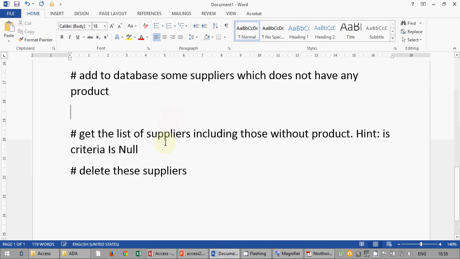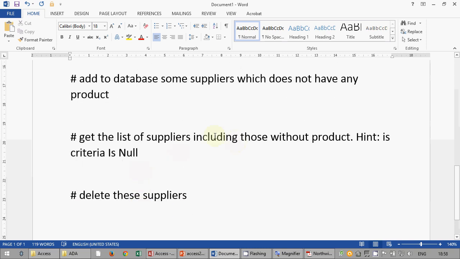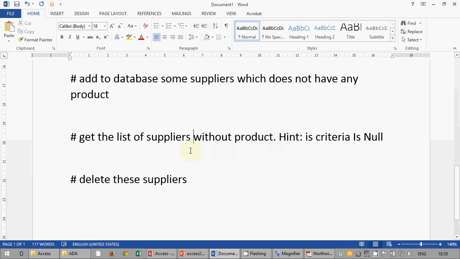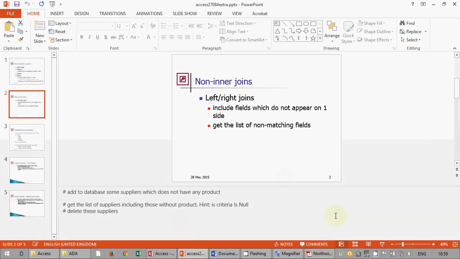Now I ask you another thing. Get a list of suppliers without product. This is what I want to do. So I want to get a list not of all the suppliers with their products, but only the suppliers who do not have a product, so the extra ones, the ones I would like to get basically blah blah blah and blue blue blue. Well, using a little trick, which is explained here,